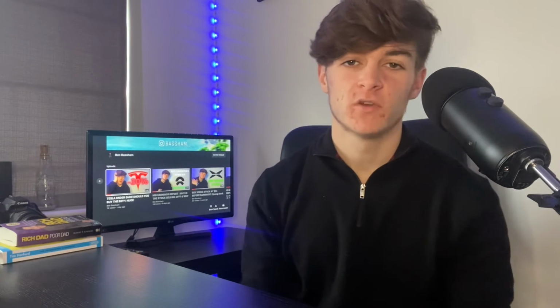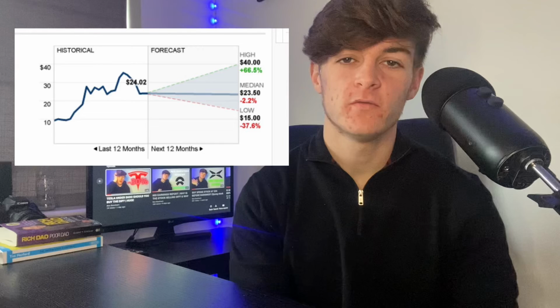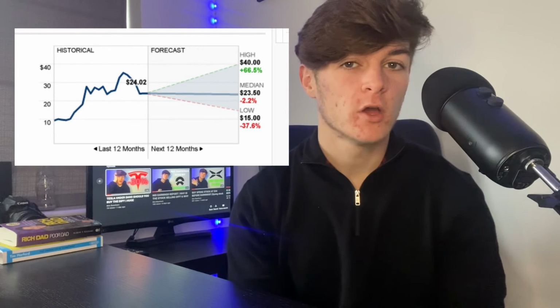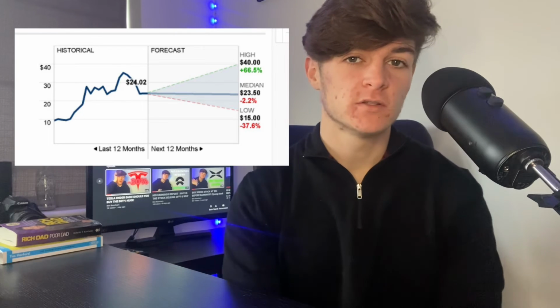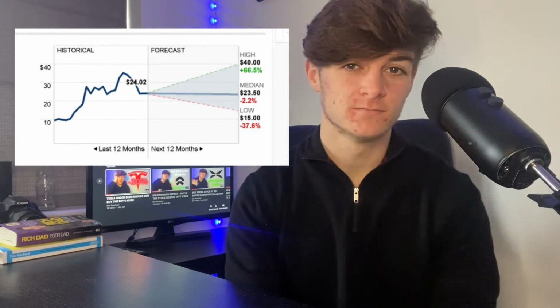Now, as forecasts go, they are very bullish. However, they're probably not as bullish as you'd like to think. I know it's not always the most reliable source, but if we do look at the CNN forecasts, the high is looking pretty nice. They're giving it a high forecast of $40 a share. However, the median and the low are both below its current price, around $23 a share for the median target and around $15 a share for the low. However, there is a company that is really bullish on Palantir. I say company, but more like an individual, well known as...